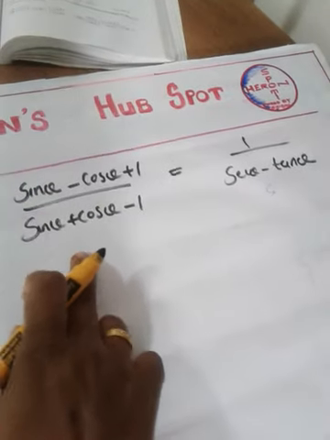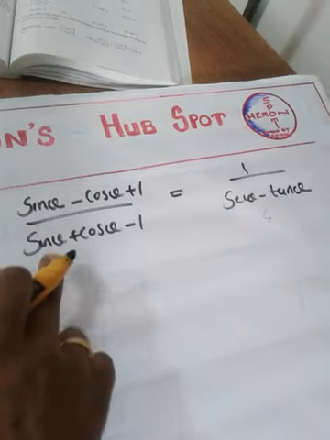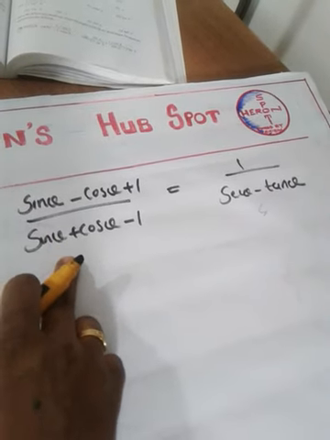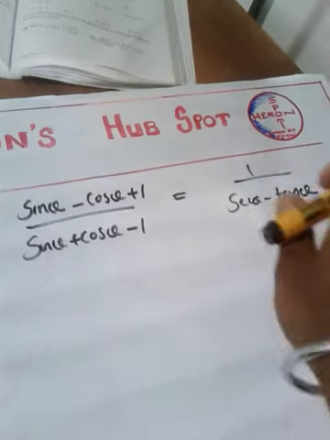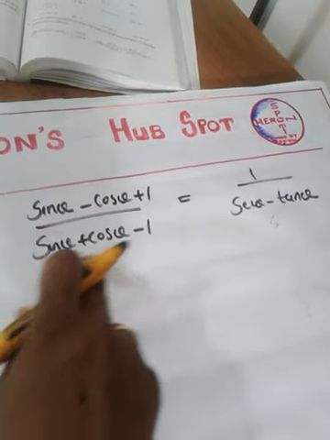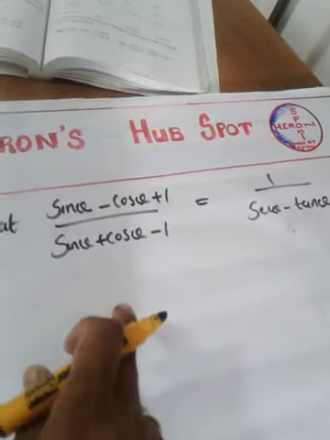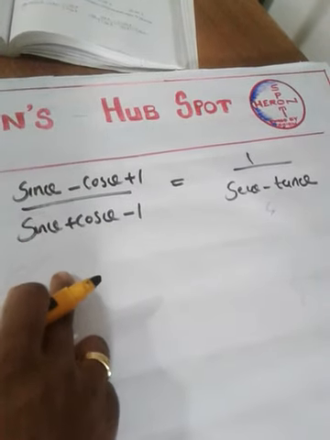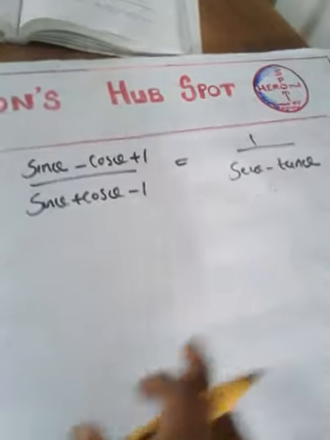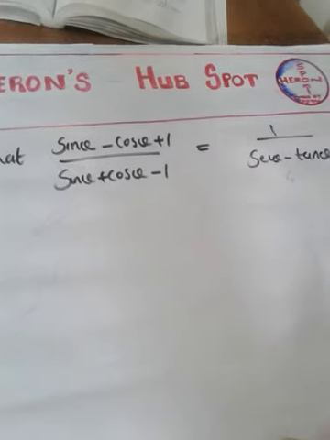That means in order to prove this LHS as RHS, we have to make the presence of sec and tan here in the LHS side, because RHS contains sec and tan. So it contains only sine and cos. So we have to make some modification here in the LHS side, and we have to make the presence of sec and tan in LHS. And then only we can reach the RHS side smoothly.